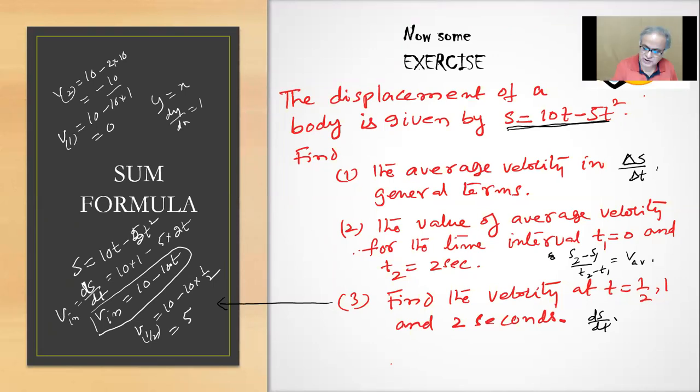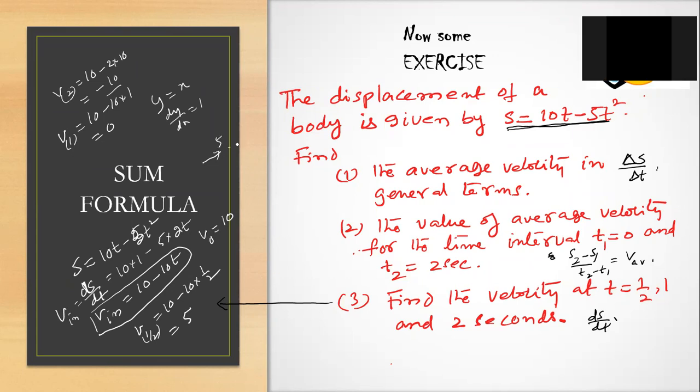At t equals 0, V at 0 is what? 10. So it starts with 10 meters per second and goes in the forward direction. After half a second, it has a velocity of 5. After 1 second, it has a velocity of 0. Then from there, it turns back with 10. That's the meaning of the whole physics here, which I'll discuss later, but in a simple way you can understand even here. That's the third part, children.